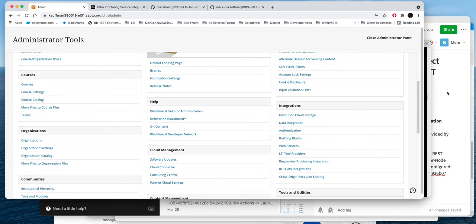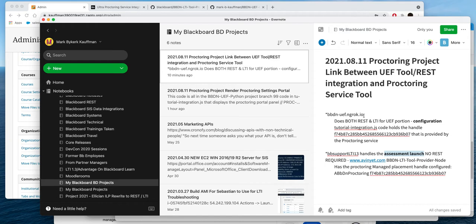So in summary, there's two parts to this product, using the framework, and we've separated them here into two different tools. We got the UEF portion, and that does the configuration piece, and you need both REST and LTI for that. And then for the actual assessment launch, the start proctoring and end proctoring messages, you don't need a REST integration required for that. It's just an LTI launch, and for the configuration piece, I'm using this code,